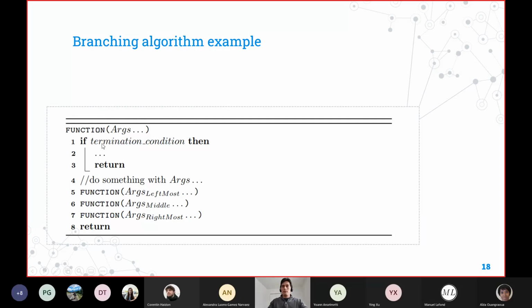We have one particular function, which is the way that we define it on computers. We will have some termination condition, and then we will have our branching possibilities like this. Then this would be a complexity of 3 power k.